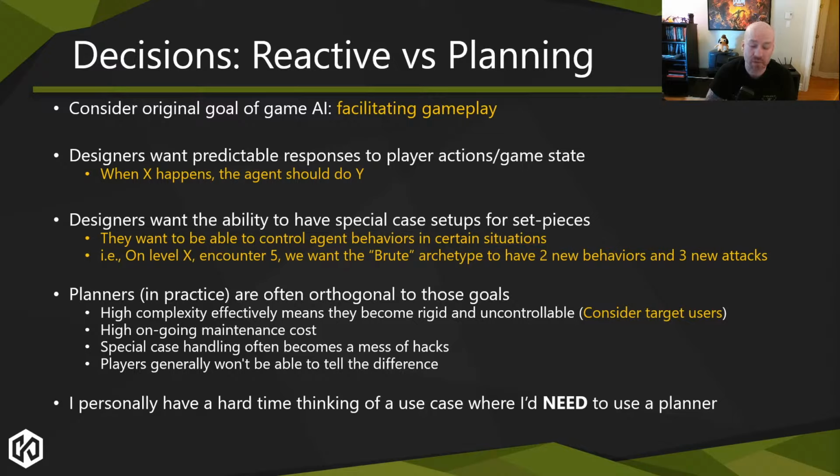We have so many edge cases, like on some specific level, something happens and now the archetypes need to be behaving in a different manner because they're mind controlled, or they have a special ability that only happens in this level because of some boss or whatever else. And you need to have a system that handles this in a clean, simple way that doesn't require you to duplicate all behaviors or archetypes. That's been the reality of every place that I've worked at. It's been a giant clusterfuck every time we had a lot of these special cases, especially when you want to disable a previous behavior and add a new one just for one thing.